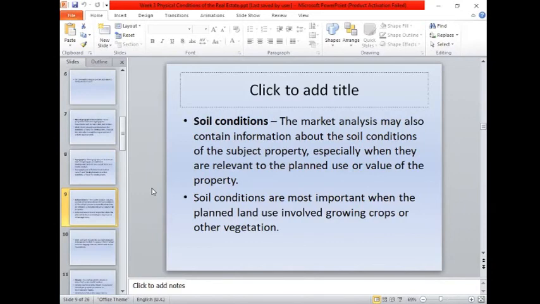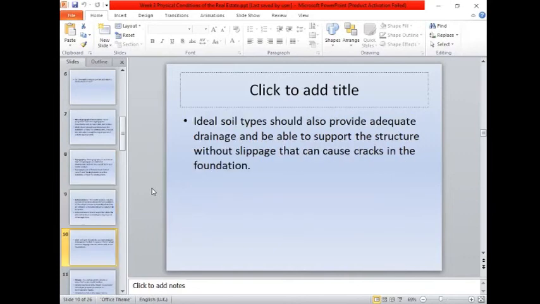Because the soil conditions are also important in land planning that involves vegetation or growing crops. So it means if the land is used for agricultural purposes, then we can establish a farm there that makes it productive. But if the soil condition is not intended for agricultural use, but for residential or commercial, then why not? Especially for a place that needs to be urbanized.